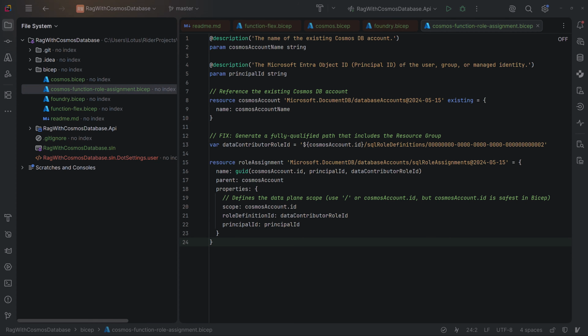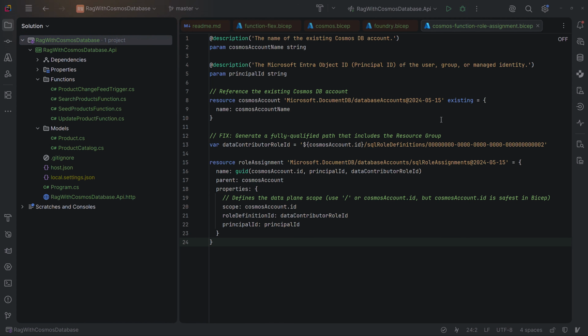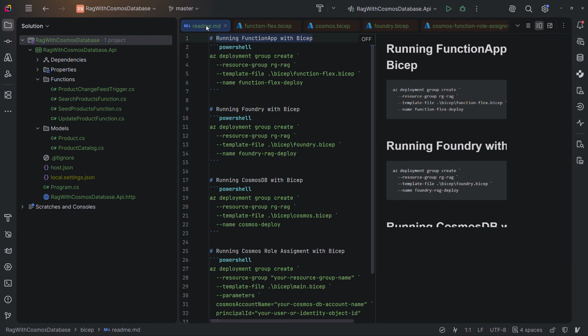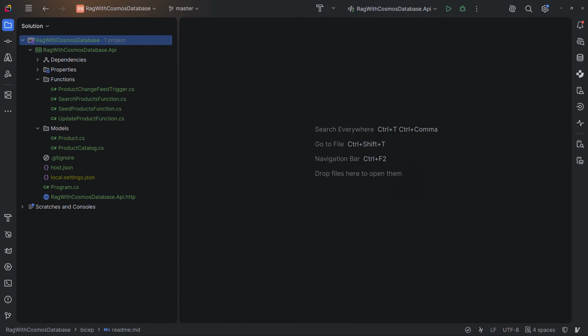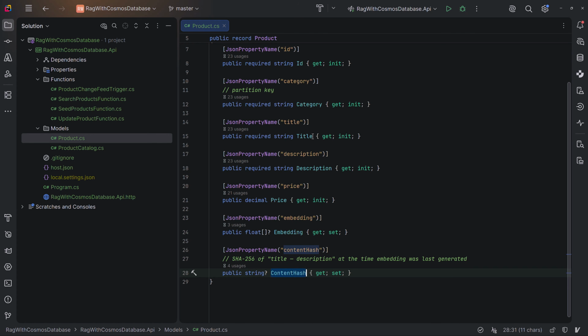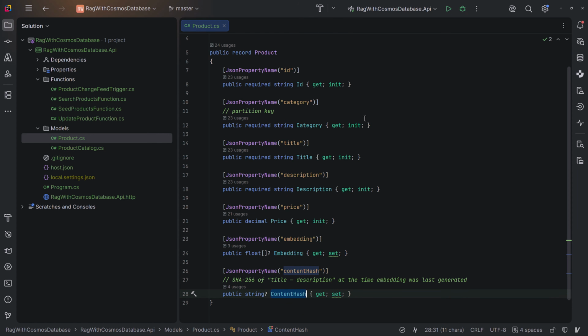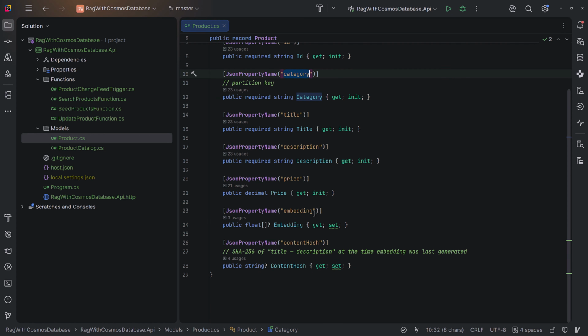So let's go and see what we have in the code. I'm going to open the solution and close down these files. Let's see first what we have in our product inside the models folder. This product is going to hold our data in the database. In the products container, we will have an ID as usual, the category, which is our partition key, the title of the product, description, price, embedding, which holds our vector, and also we have content hash, which is the